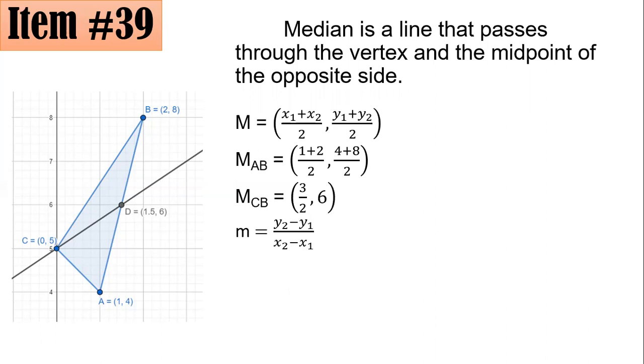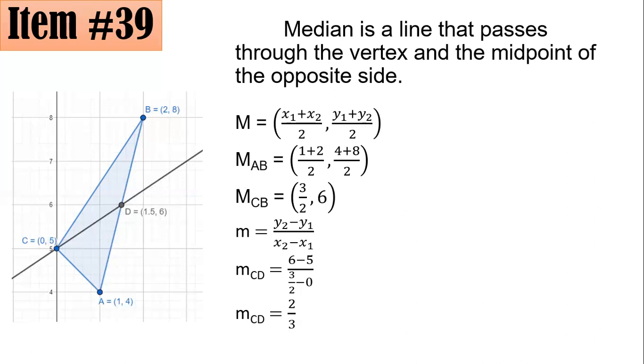In my case, I will find the slope first of CD. Using the formula for slope, that would be 6 minus 5 all over 1.5, or 3/2, minus 0. 6 minus 5 is 1, and your denominator is 3/2. And 1 divided by 3/2 is 2/3. Which means the slope of this line CD is